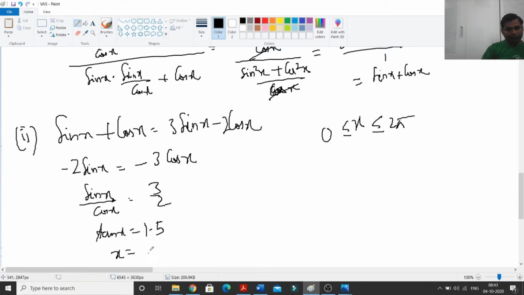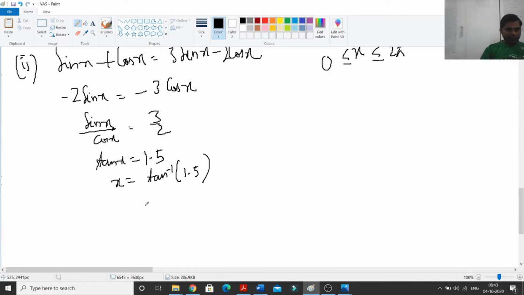So one answer will be x is equal to tan inverse of 1.5. So quickly find out tan inverse of 1.5, which will give you 56.3, right? This is 56.3, and if this is the first angle,